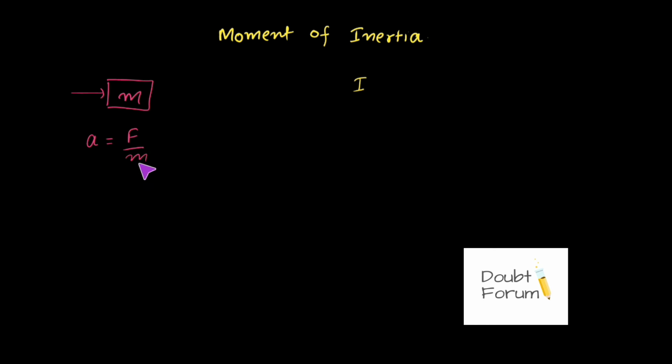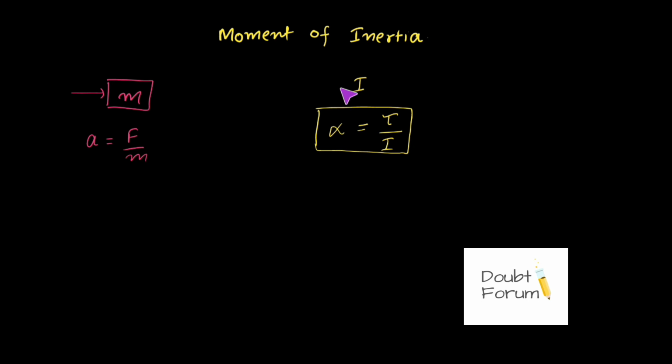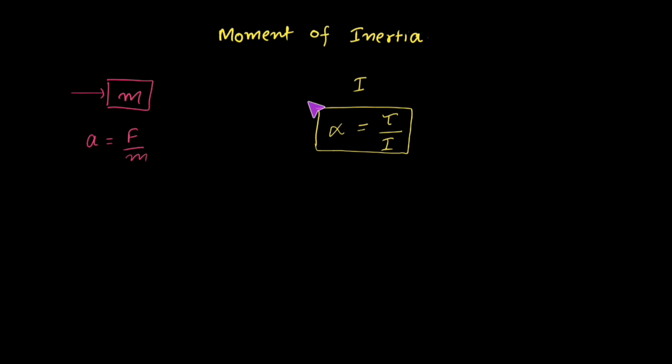So due to the moment of inertia of an object, that object will try to resist the angular acceleration. If I rewrite Newton's law for the rotational motion, this linear acceleration would be the angular acceleration represented by letter alpha. This would be equal to force represented by torque, tau, and mass represented by moment of inertia. So from here we can say that the moment of inertia of an object will determine how much resistance that body will create on being angularly accelerated. So this is the basic understanding of the moment of inertia.